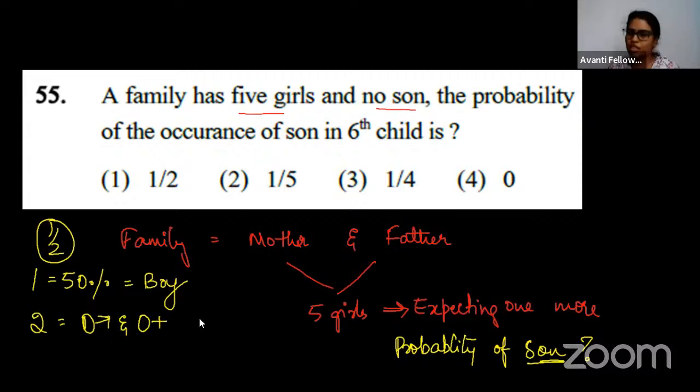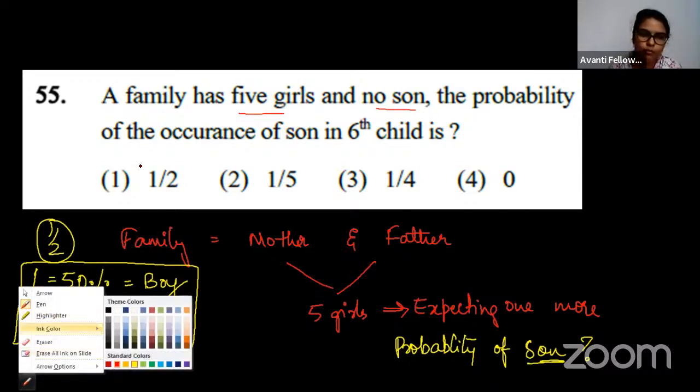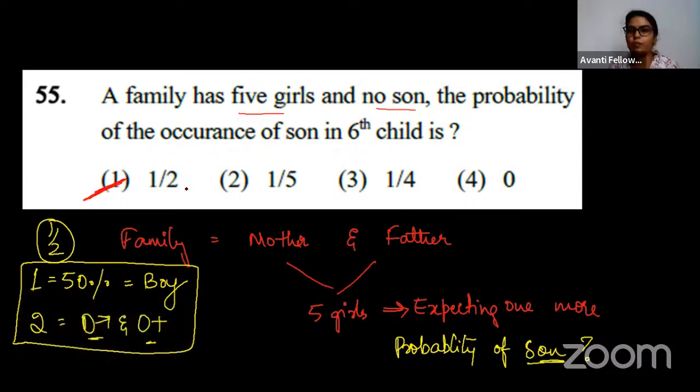See, there are only 2 chances, right? So either the baby will be male or it will be female. That is why the 1 is the boy percentage, for 2, male or female. Okay, so that is why it is 1 by 2. So please keep a note of this. How did 1 by 2 come? 1 is for the 50%, that is 1 ratio of the boy, and the 2 is for male and female. So the answer to this question is very simple. That is option 1, 1 by 2.